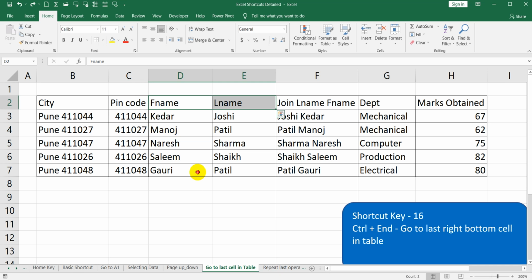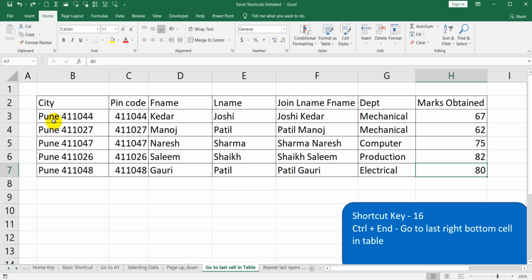Then the next shortcut is shortcut number 16, Control End. It goes to the bottom right cell in the table. If you are in the B3 cell, then you can press the buttons Control End. Sorry, I have selected the right arrow. So you can see the Control End.